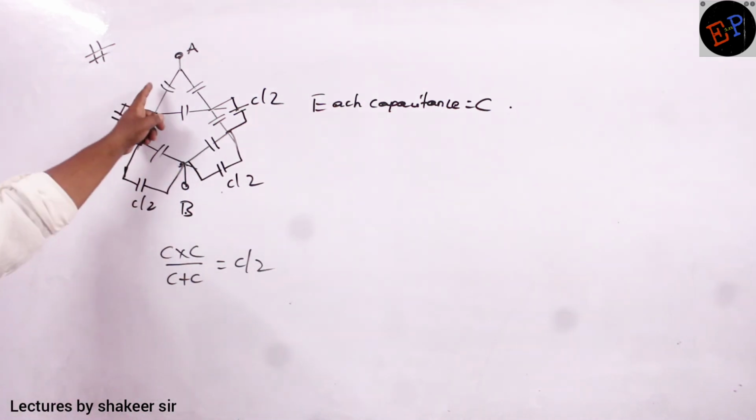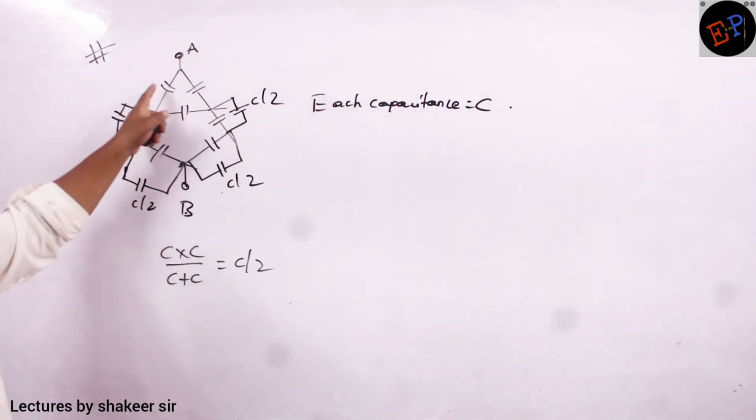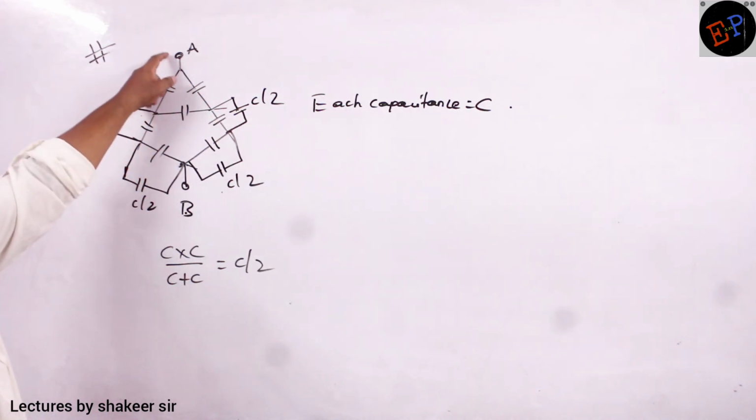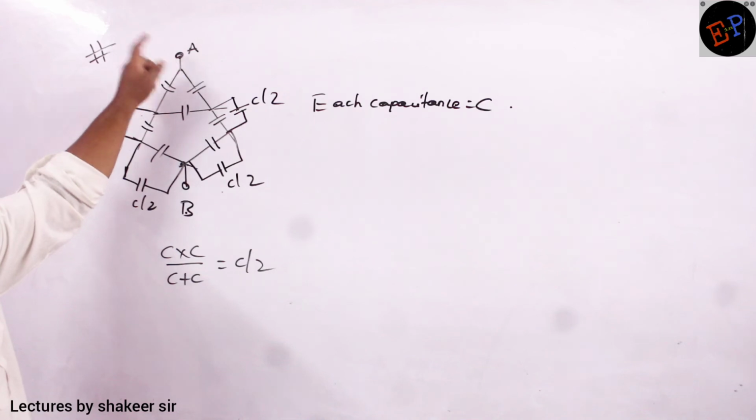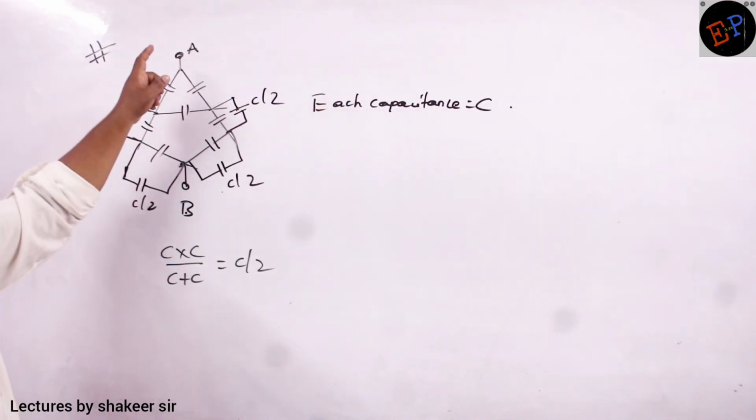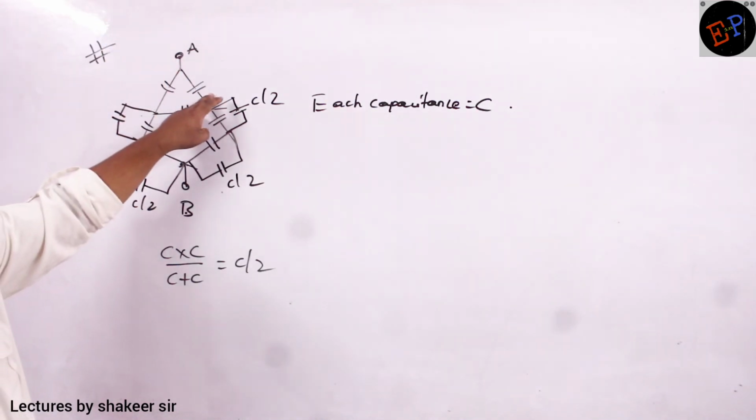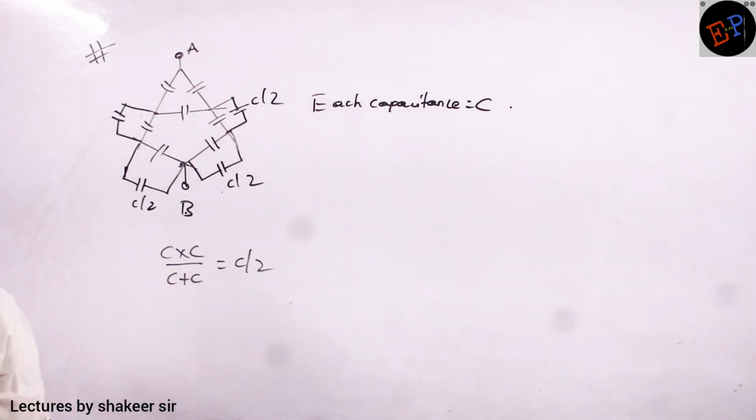Okay? But these two I cannot say they are in series or they are in parallel, because the terminal starts from A only, no? From where is the terminal starting? The terminal is starting from A itself. Okay, so I cannot reduce this one initially. We will reduce it in the final calculation.